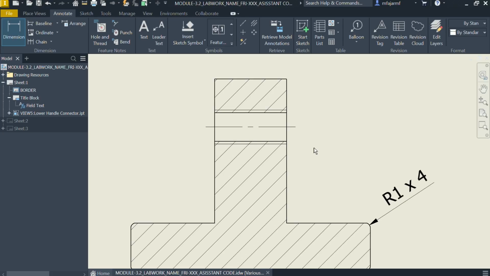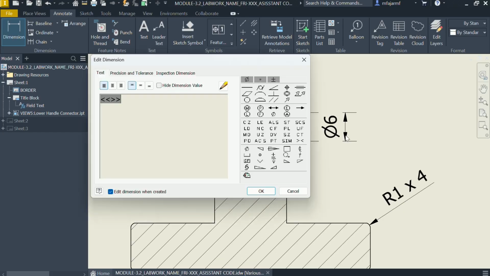Next, click on all determined lines from top to bottom. Drag the dimension to the right side. Left click. Click the Precision and Tolerance tab.